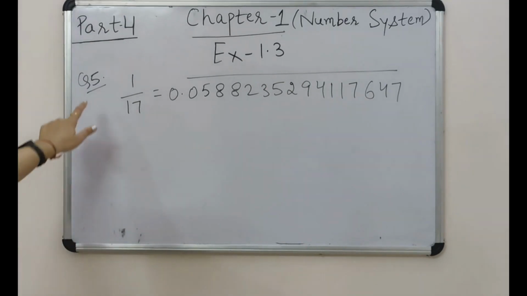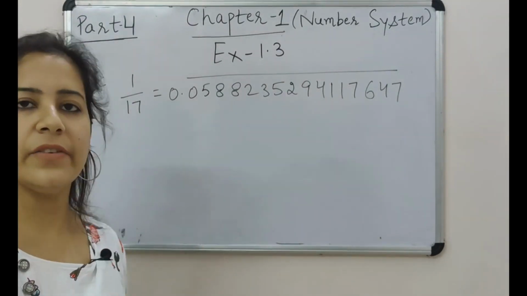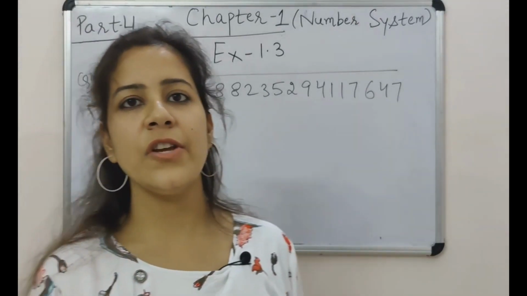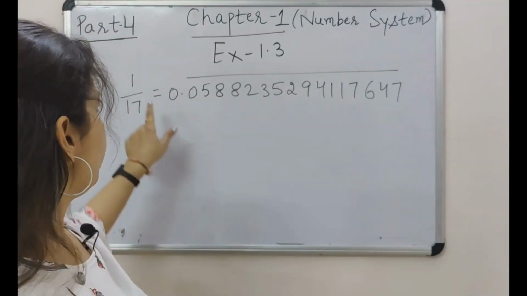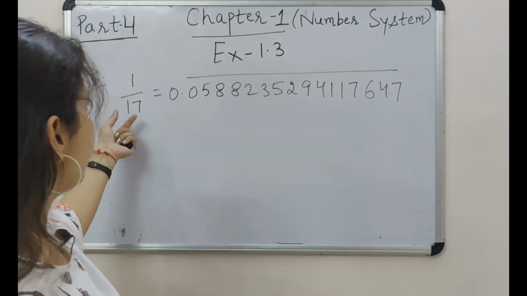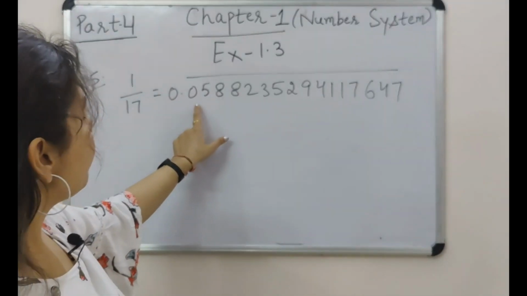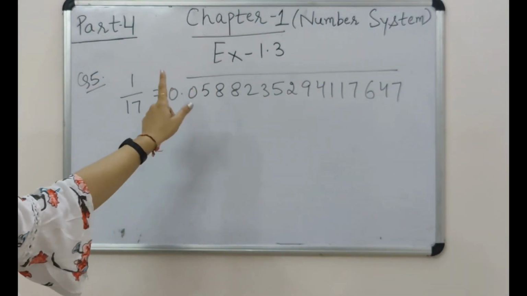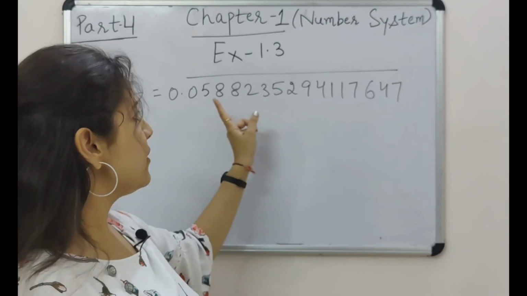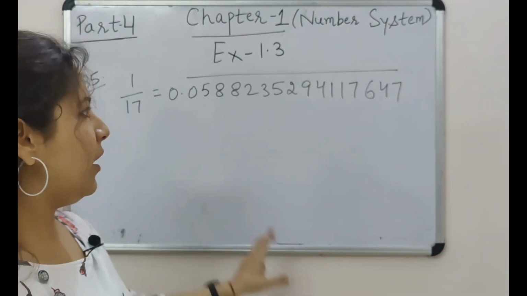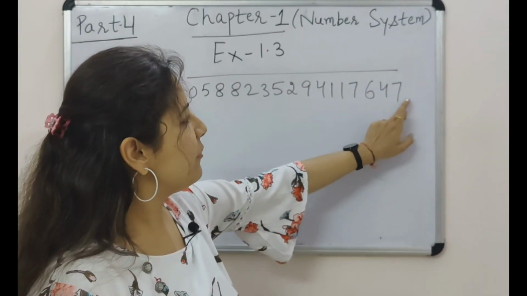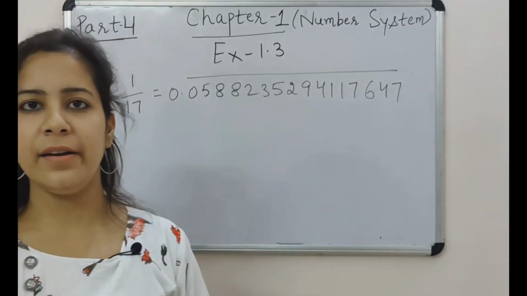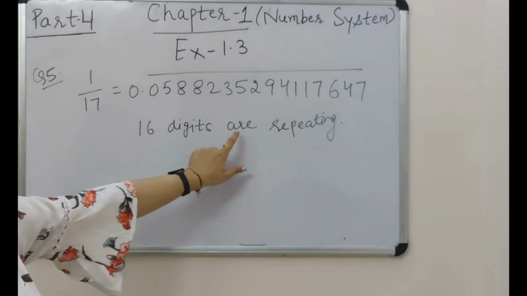What is question number 5 now? The value given is 1 upon 17. It's written over there that after performing the division, check how many values are repeating. So when you perform the division, 1 will be divided by 17. You will observe, friends, that all these values are repeating. There are 16 digits which are carrying a bar over them, and it means they are going to repeat after this. Once you have done the division, right from here these digits will start coming again and again, which means 16 digits are going to repeat.